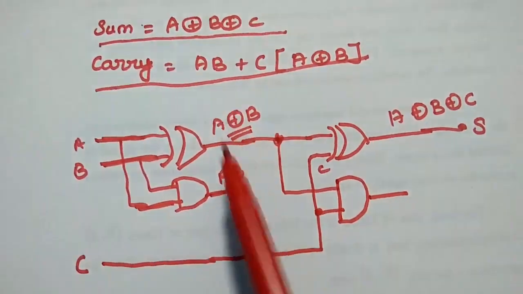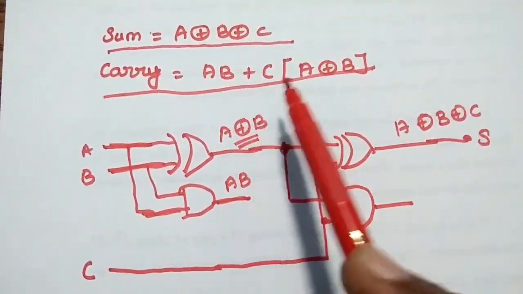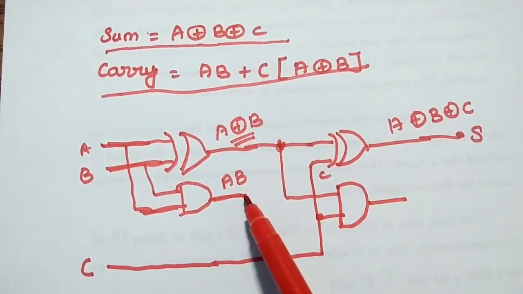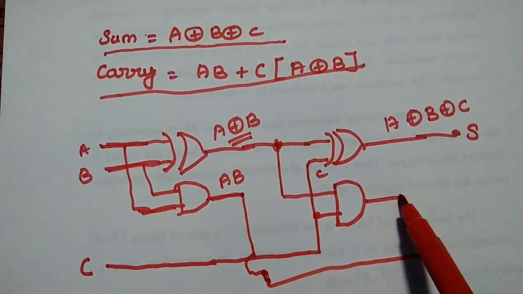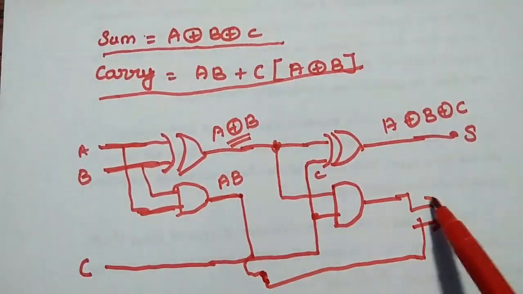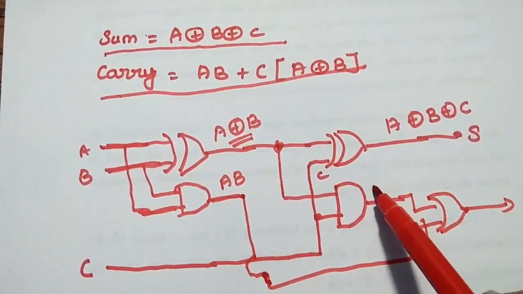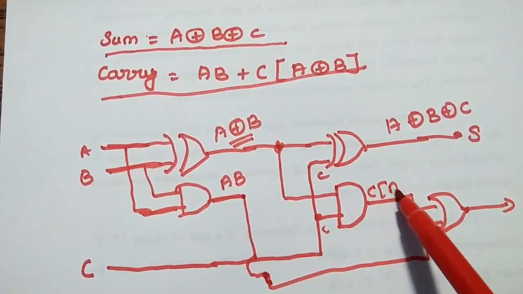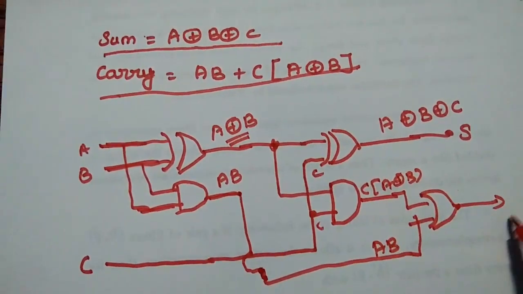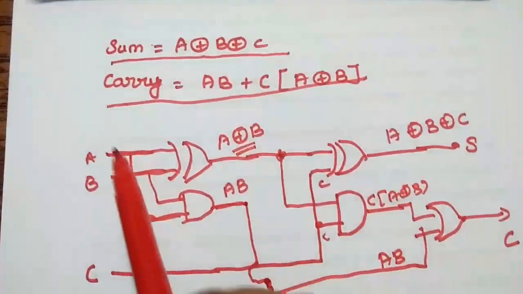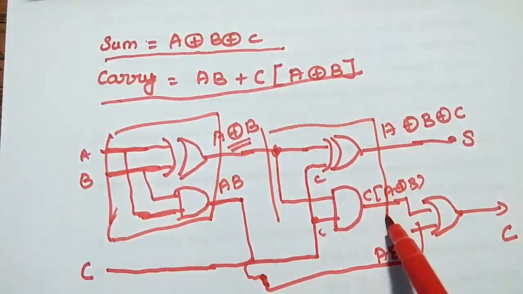Now we have AB and C times A XOR B. These two are going to be added together, so we take this AB and this value, and both are given to one OR gate. Finally we can obtain the carry. This portion denotes one half adder. This portion denotes the second